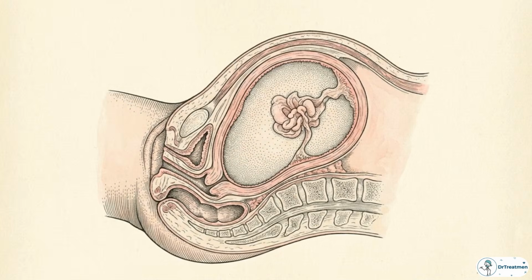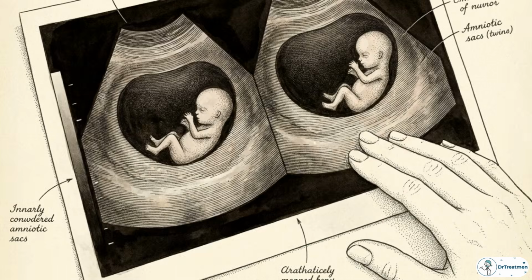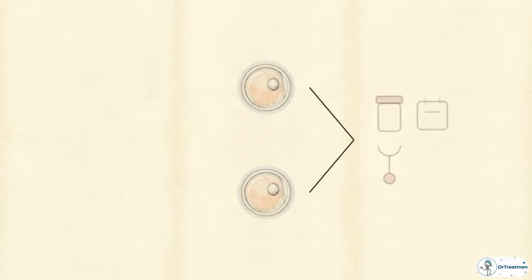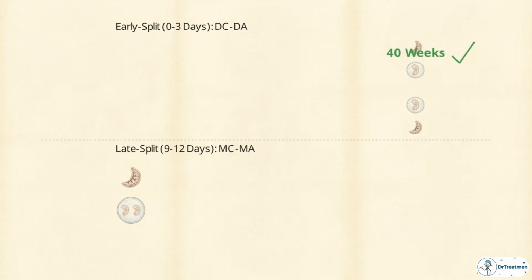Over the course of the next 9 months, the consequences of those microscopic cellular splits scale up dramatically. Today, obstetricians immediately scan twin pregnancies to determine the placental layout. That initial invisible cellular fracture dictates the medical strategy for the remainder of the pregnancy. Early split twins generally grow with the same low risks as a standard single pregnancy. Late split twins, however, require intense monitoring and are almost always delivered prematurely by C-section to avoid catastrophic cord accidents